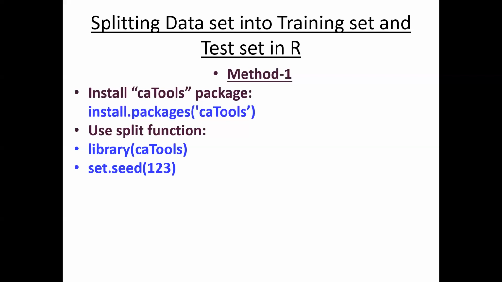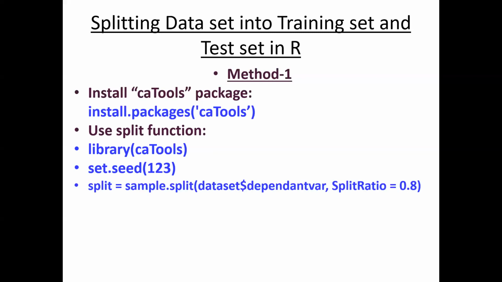So why is this useful? For example, if 10 members are doing this experiment with the same data set and we want the same split of 70% training and 30% testing, then we all use the same seed. If you use a different seed number, different random splits can be done. If you use the same seed number, the same rows are selected for all of us. That is the purpose of the seed. You can give any number, not a problem.